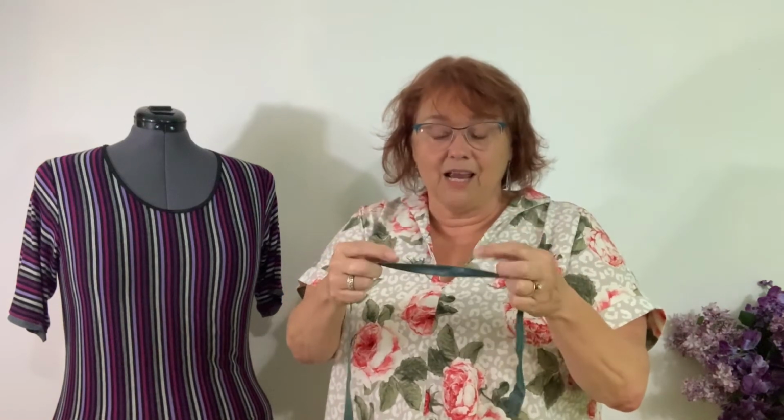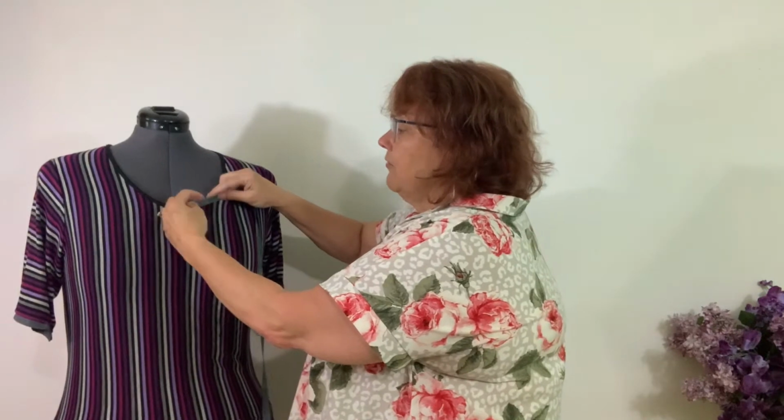And there is a groove in the middle of it. And what you do is fold it over. Hence the name, fold over elastic. And what that does is it captures either side of your fabric edge. So you fold it over and then you stitch it. And that takes some